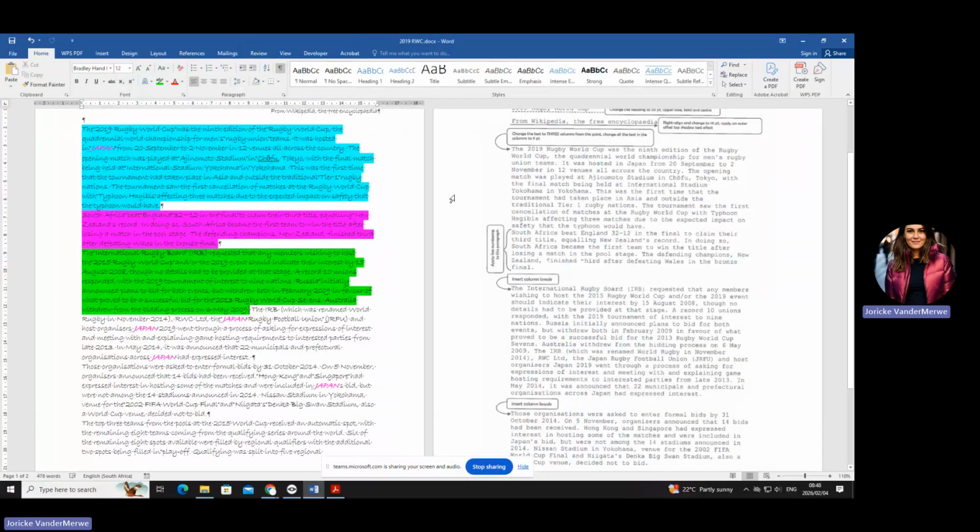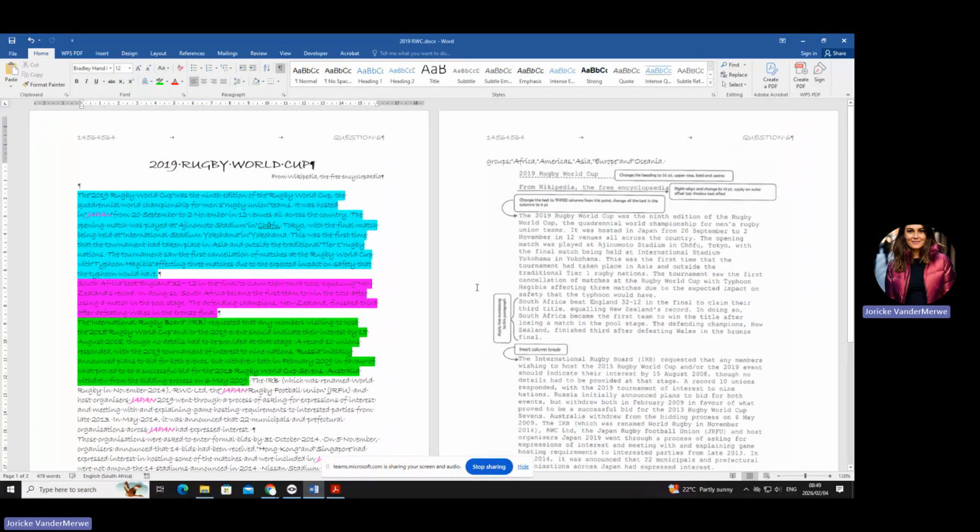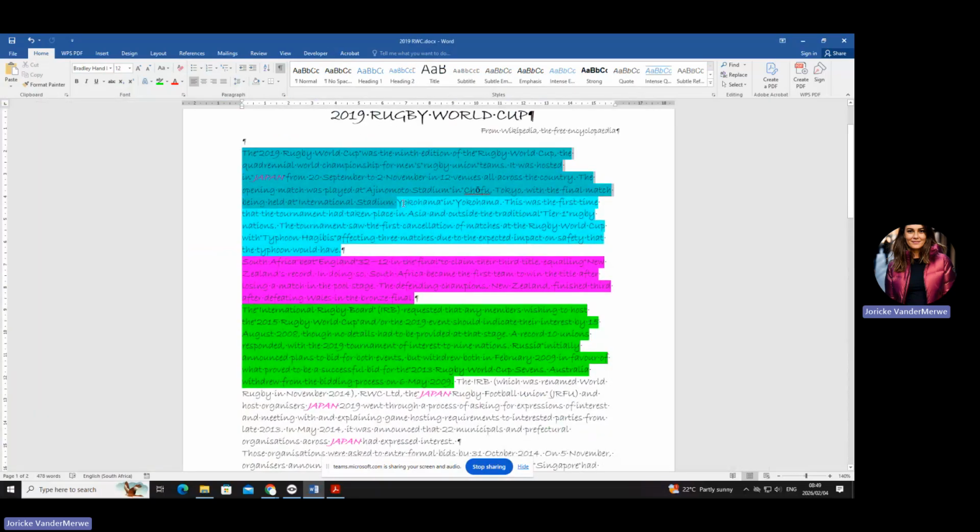So if I ask you to do something in columns, the first thing you need to do is select the text that needs to go into columns. Let's quickly make our screen a little bit bigger. What am I saying? I'm saying select the part of the text that needs to go into columns. Remember, you must tell your computer what you want, and by telling it, you're actually showing it, and by showing it, you are selecting it. Are you all with me?